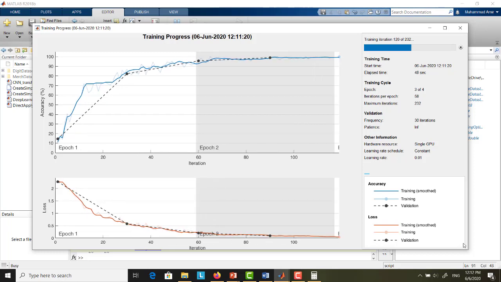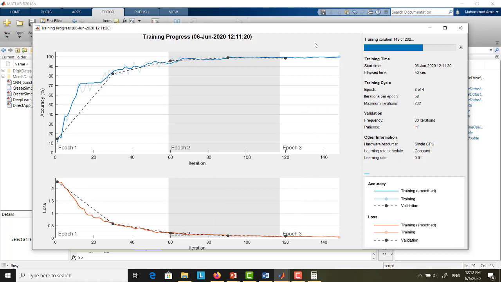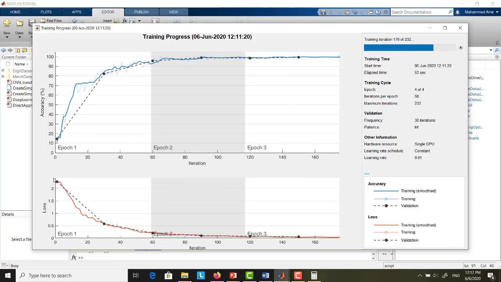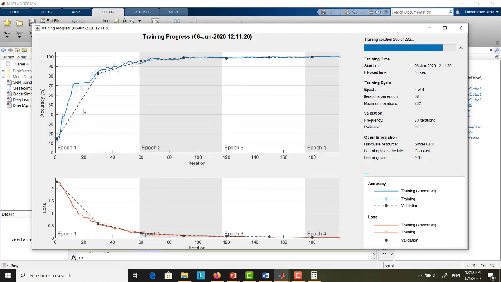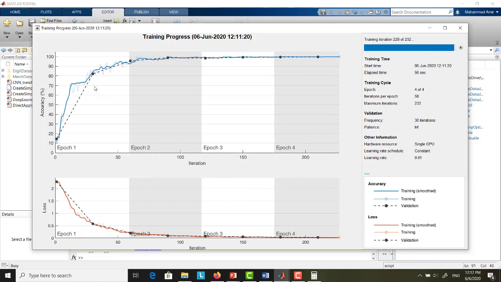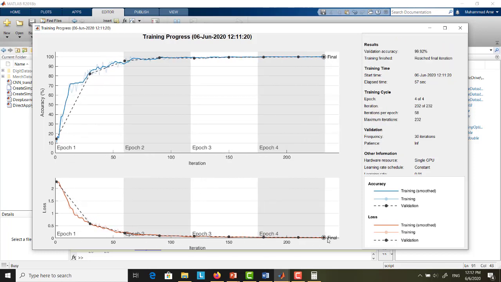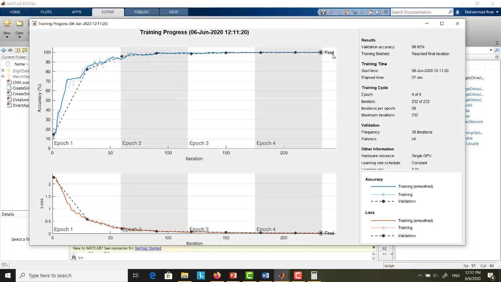So the training progress can be interpreted in terms of accuracy, or you can also interpret it as loss. It should be similar, because accuracy is going to 100 and the loss should be going to 0. Okay, it's the same thing. As you can see there, the validation accuracy, the last one is